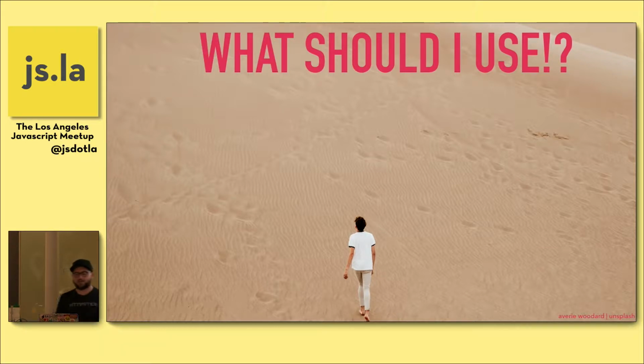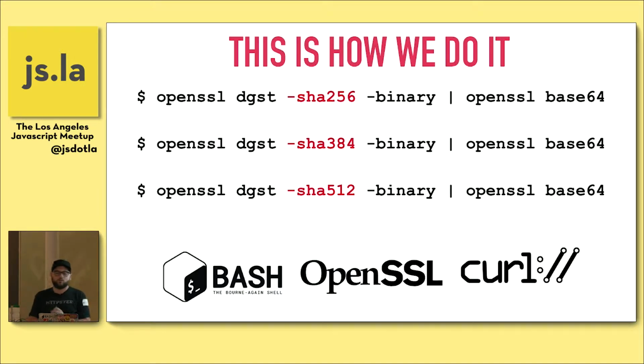W3C specs at the time of this writing, which was in 2016. SHA-384 is a good baseline. Again, in the end, it's up to you what variant you use. How do we create hashes? So Bash and OpenSSL, you can use any of these one-liners and create a SHA-384, or sorry, a SHA-2 hash